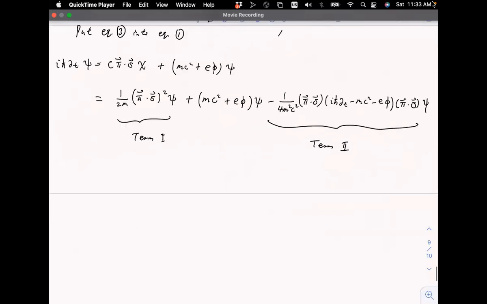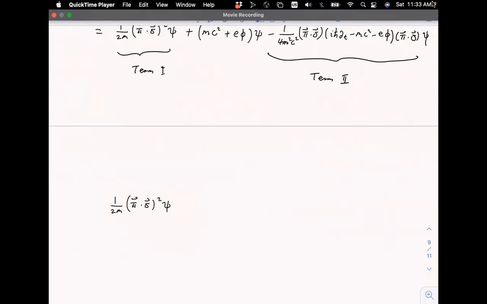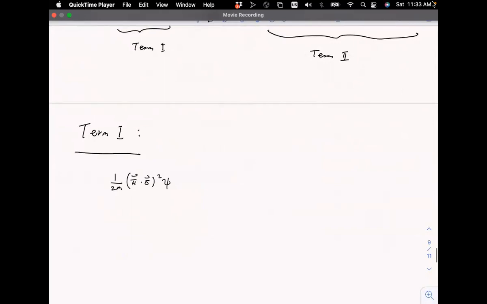After we finish this term, I think we'll know why the Zeeman effect will come out. For term 1, this one is equal to 2M